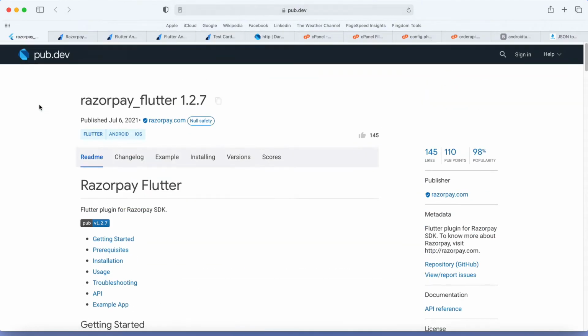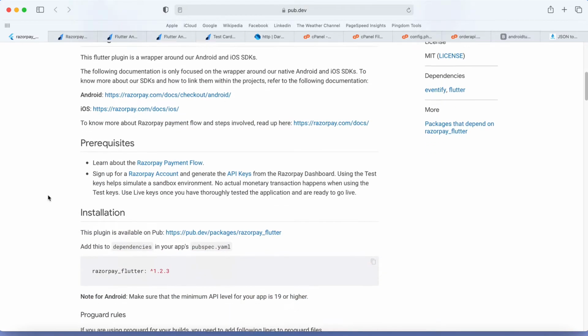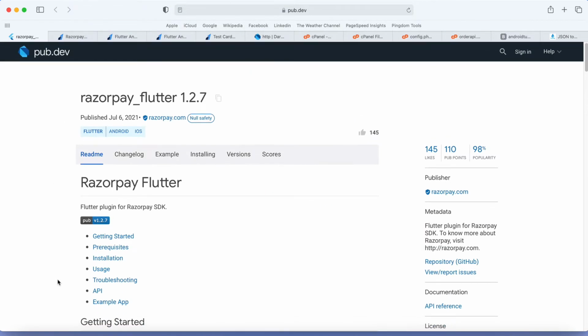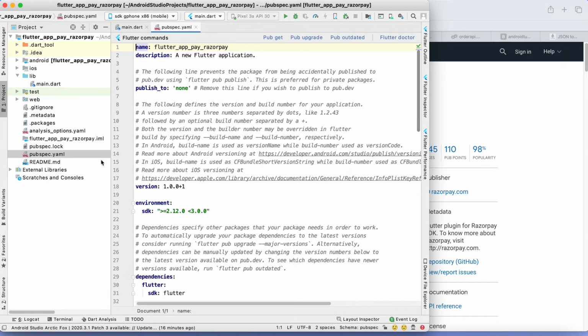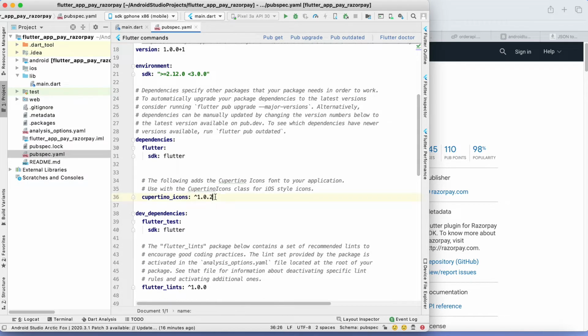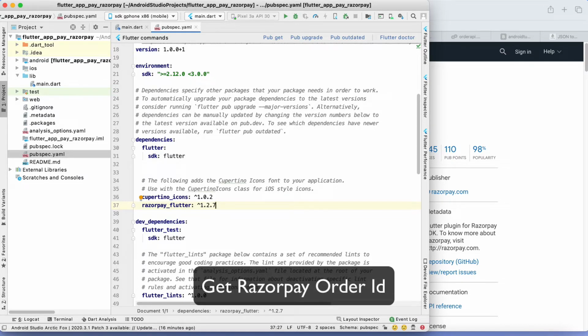Now let's come to the coding part, and I am going to explain everything in detail one by one. We are going to follow these steps. So first of all, I am going to add this Razorpay Flutter plugin to my Flutter project. Copy this dependency; this is a new Flutter project. Inside the pubspec.yaml file, I am going to add this dependency, and one more dependency we need to add, which is HTTP, because we need to make a request to get the order ID from the server.